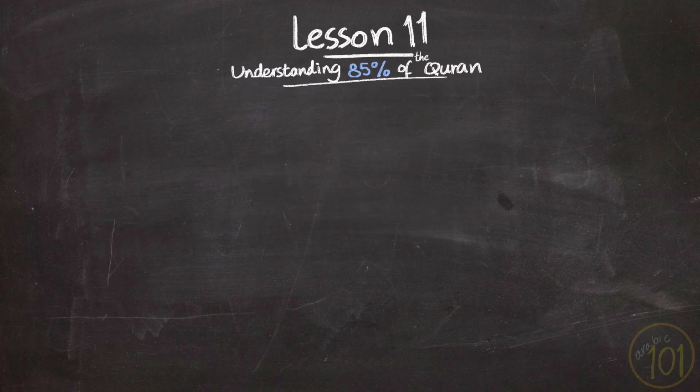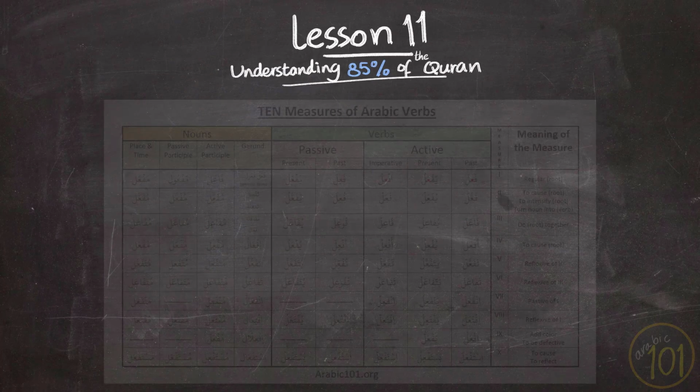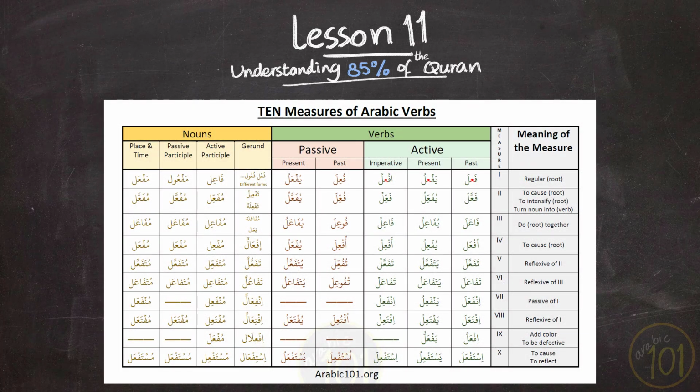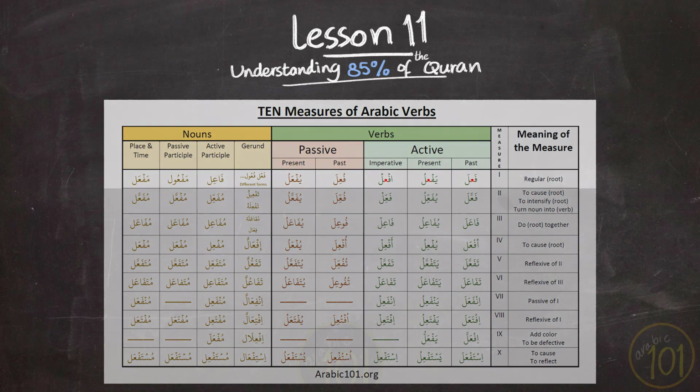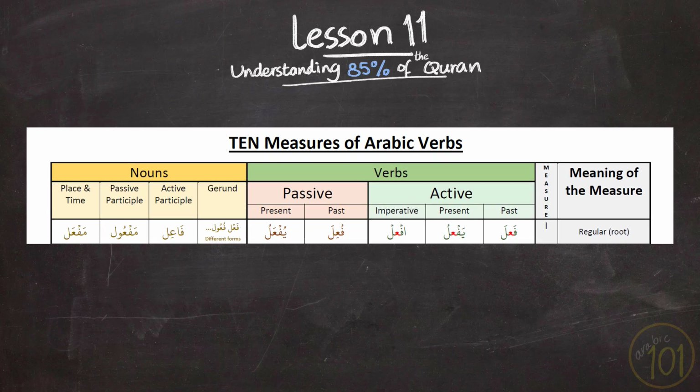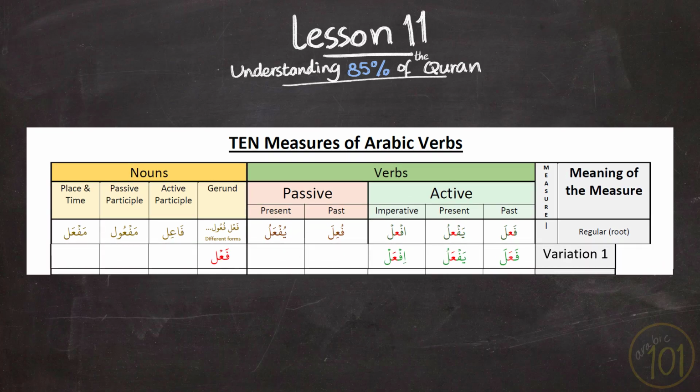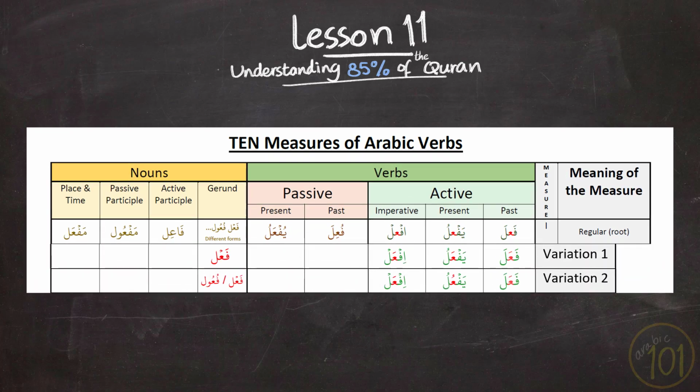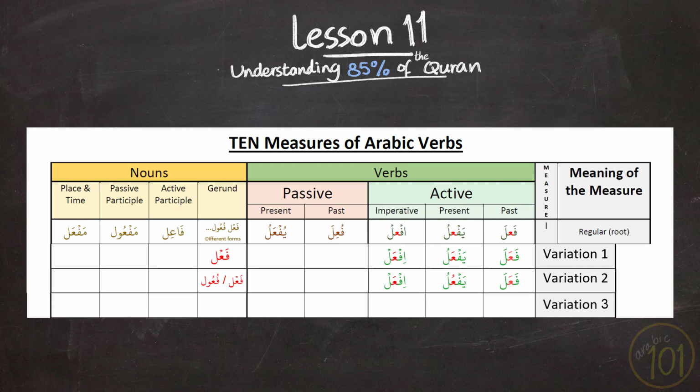In this lesson, we continue our journey to understand the most frequent verbs in the Quran according to their measure. And we are still learning the last remaining measure, measure number 1. We have already learned 2 of its variations, and today, we move to variation number 3. As a quick reminder, variation in this context refers to which vowels will be arranged on each pattern of the first measure. And today's variation is